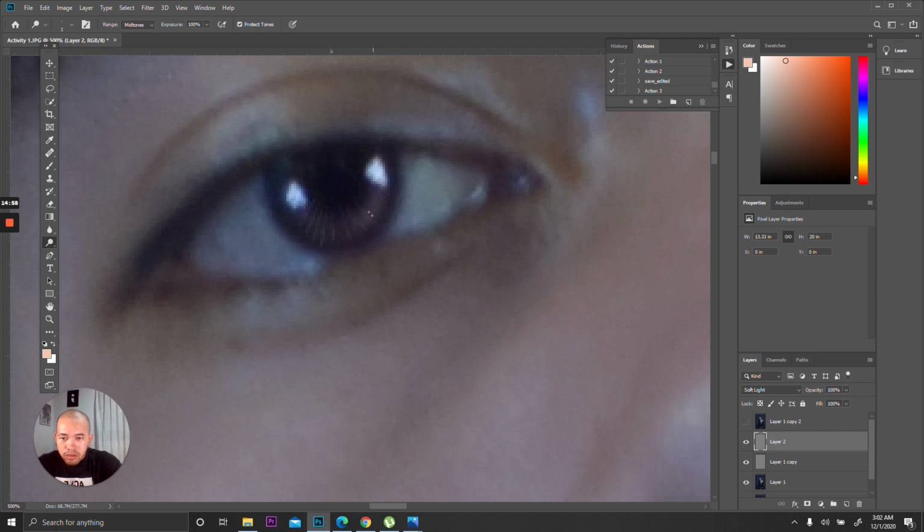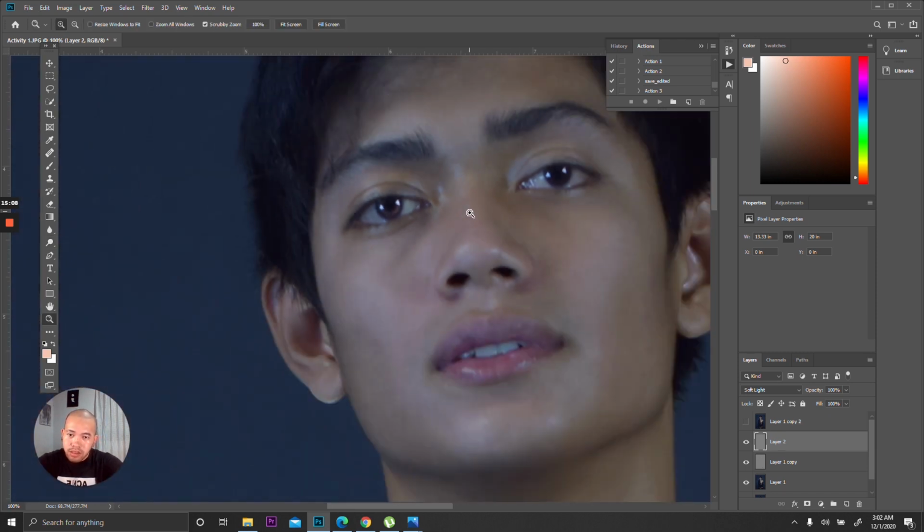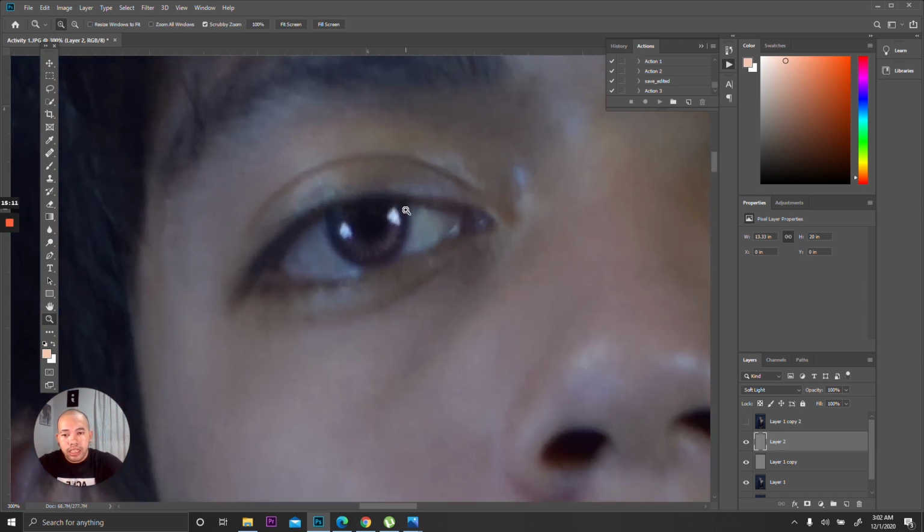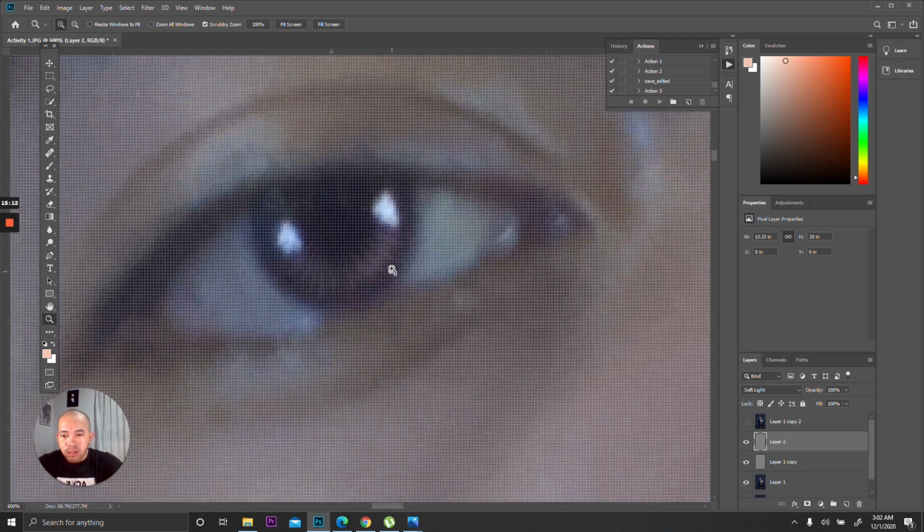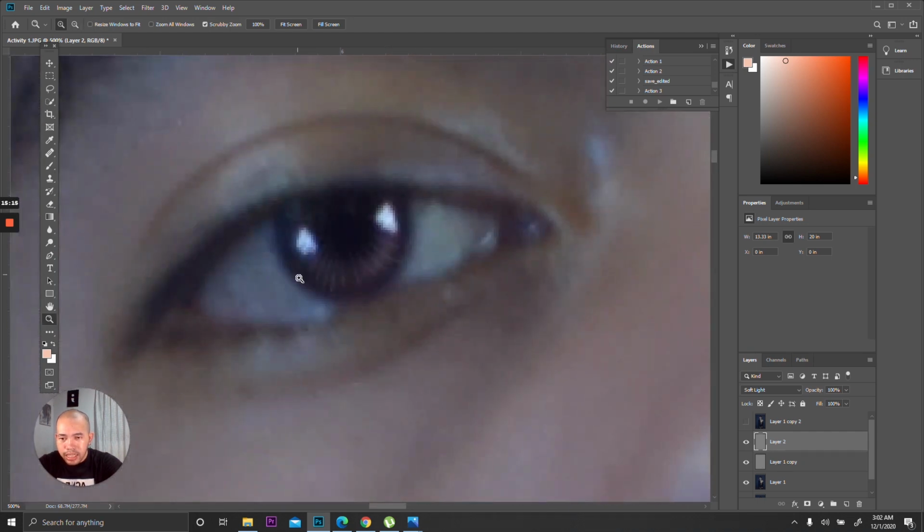Brush, brush, brush. So, merong details yung mata niya. Pero, gusto kong mas mag-lights. So, i-add ko na naman to. Pwede nating doblihan yung